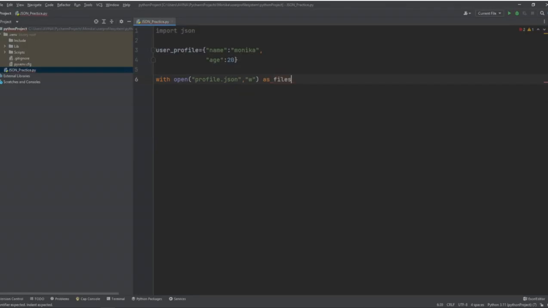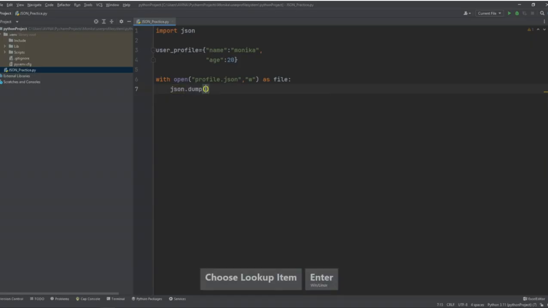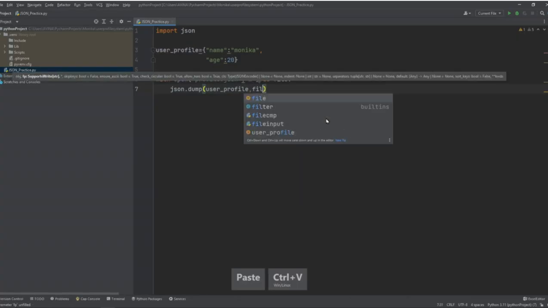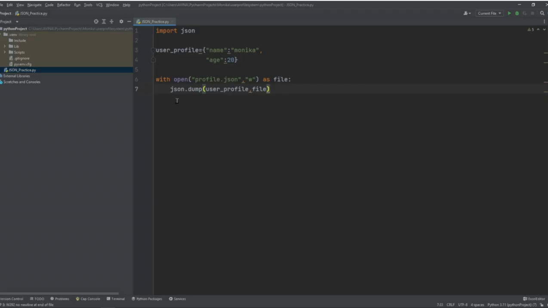Then json.dump. Dump is used to write the contents into the JSON file. So here I'm putting json.dump, and I will add this user profile, my dictionary, and I will provide the file where I need to dump it. So this is how dump will work, and it will write this content inside this file.